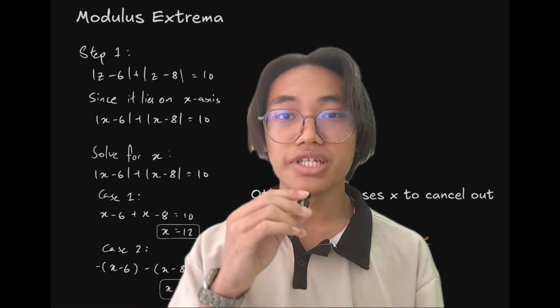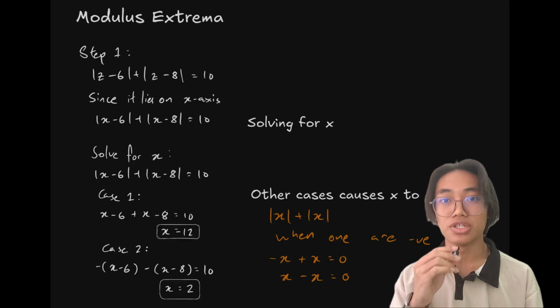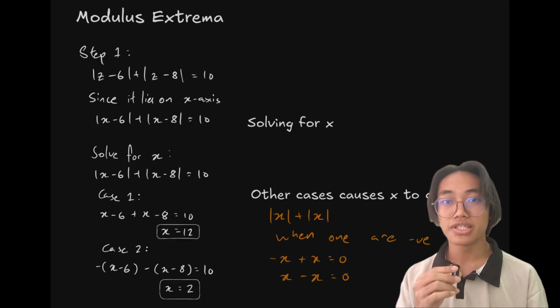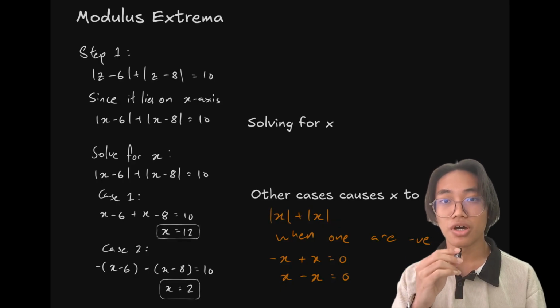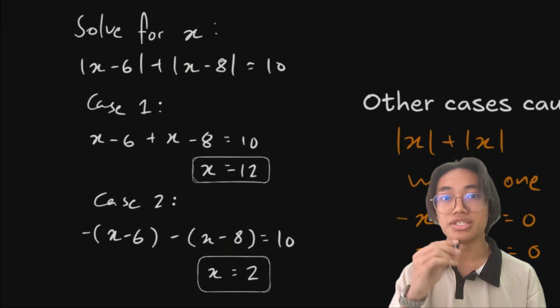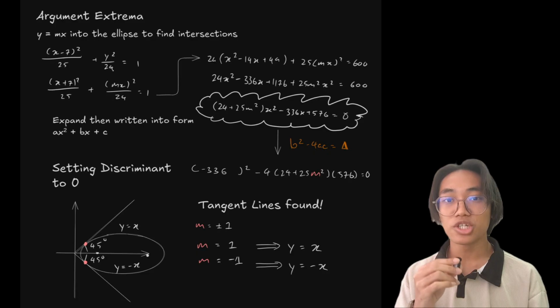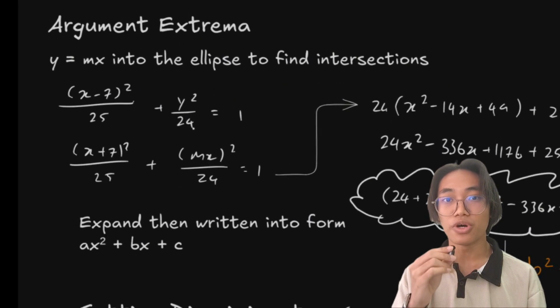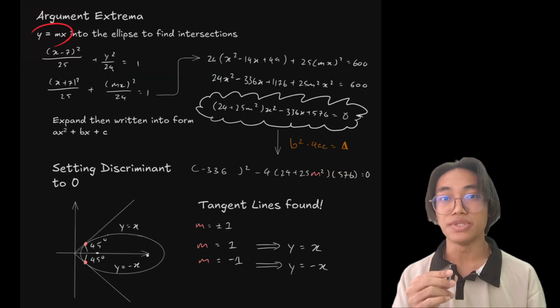I see. How about we use my calculation method? And for the ellipse, with this equation, the modulus extrema occur at the vertices along the major axis. By calculating the distance from the origin to the horizontal bounds, we find the minimum modulus is 2 and the maximum modulus is 12. And to find the argument extrema, we substitute y equals mx into the ellipse equation